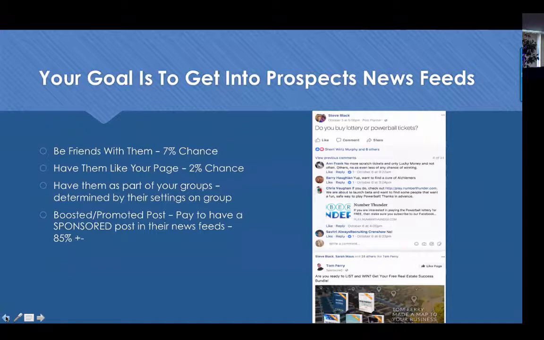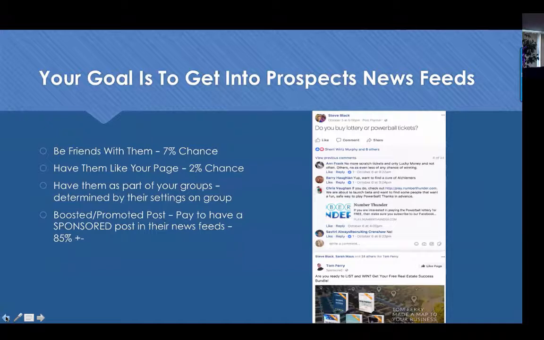If you have people in a group, that's a great strategy. Like I have a lot of realtors, they've set up groups revolving around zip codes or subdivisions, with 1,000, 1,500 homes in it. They've got half of the people in the group, and then they're able to get into people's news feeds. Now, that is dependent upon the person on the other end that's a part of the group. Are they choosing to receive all the posts, see them first, or only see them on a needs-be basis? So we don't have a lot of control over that.